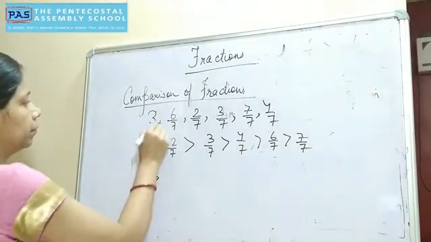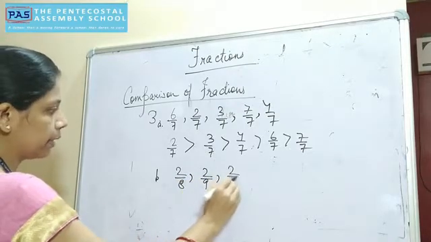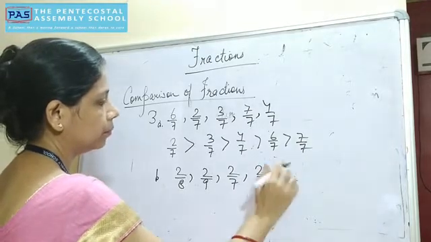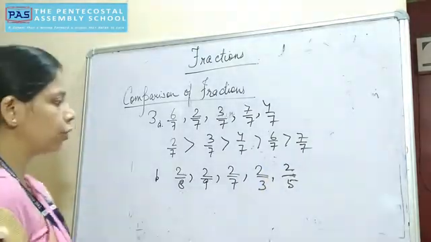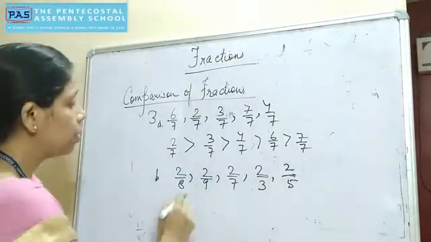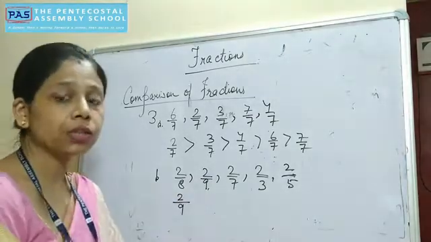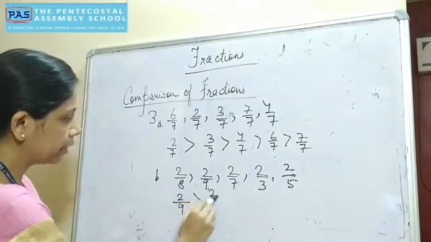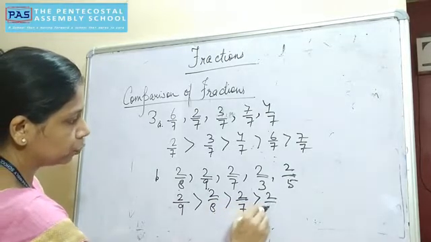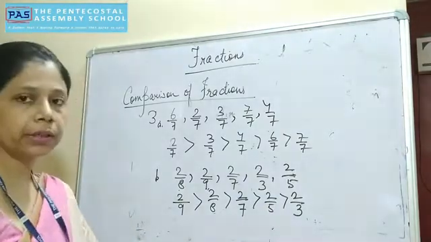Okay. Now come to question number B. Okay, we have 2 by 8, 2 by 9, 2 by 7, 2 by 3, 2 by 5. Now here which is the smallest? See, all the denominators are different. So this is the unlike fraction. So the one with the largest denominator is the smallest. I just said. Then after that you will have 8 as denominator. Then we have this. Then 2 by 5 and 2 by 3. Clear, students? I hope you are understanding.